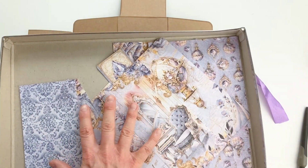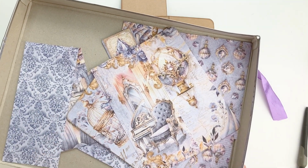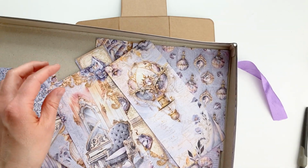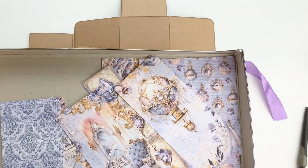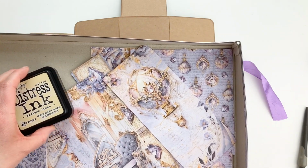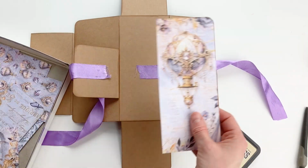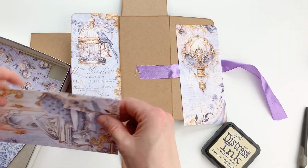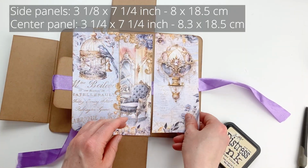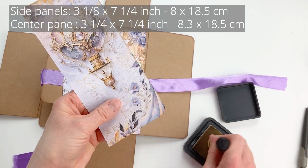I already cut all the panels that are going to make this base very beautiful. The measurements will pop up on the screen again, and of course you can follow along with the PDF if you want. I'm also going to add some ink to these edges, but this time not a very dark one. I'm going to use this antique linen ink that will work well with the beige and gold colors in this kit. And I'm going to start with the panels of the outside. Since I rounded these corners, I rounded these corners here as well, so it fits. And I'm just going to ink these edges, and you can see